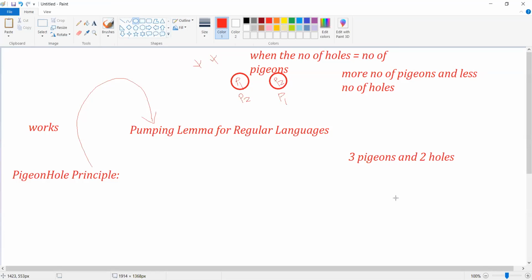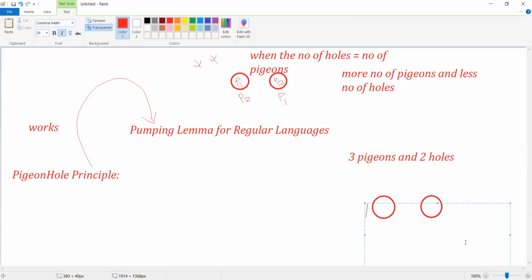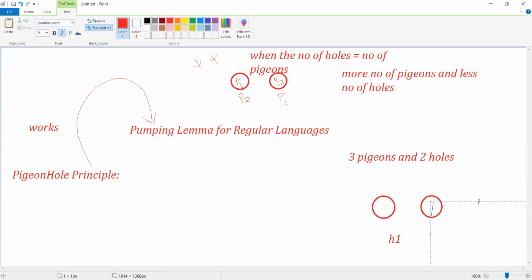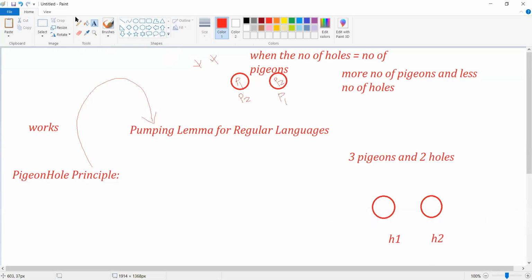Now please observe, we have two holes available over here. This is the first hole, H1, and we have one more hole, H2.